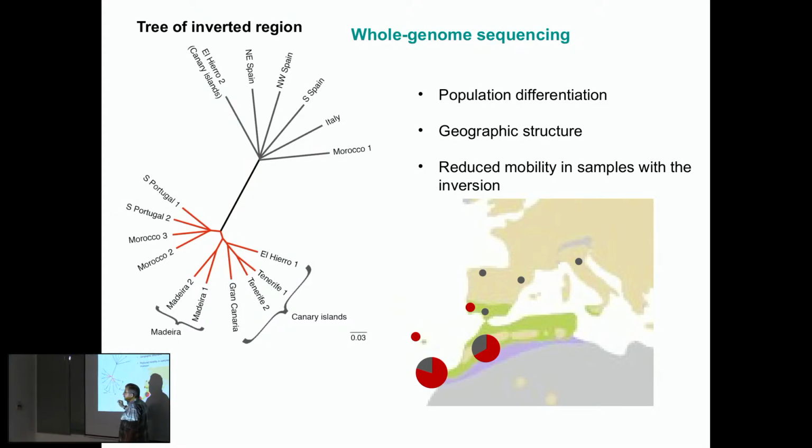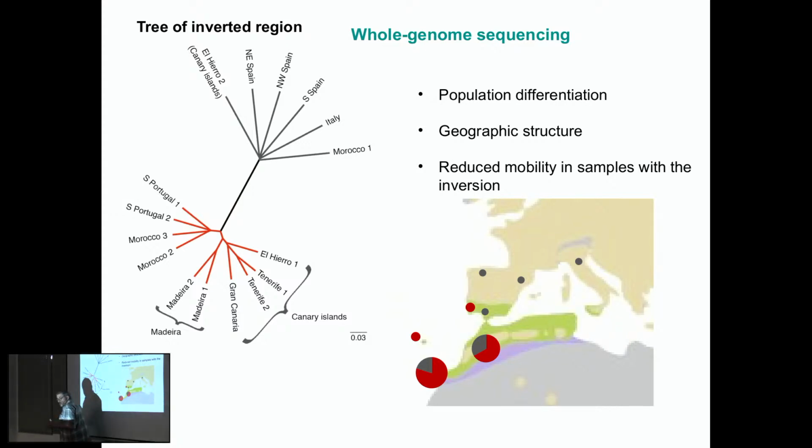Here we have the cluster of the individuals from the Canary Islands. These are the individuals from Madeira. These are the individuals from the continent. There is geographic structure. So we think this suggests that individuals that inherit this inversion change their migratory behavior. The individuals in the Canary Islands that inherit that fragment with the inversion maybe stop migrating and stay there. And the fragment with the inversion, these 150 megabases, does not move from the archipelago. But individuals that do not inherit it keep moving.